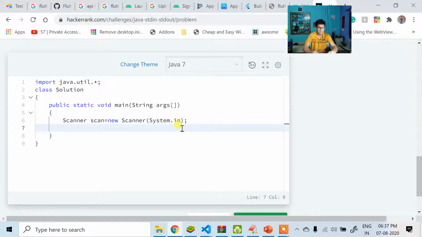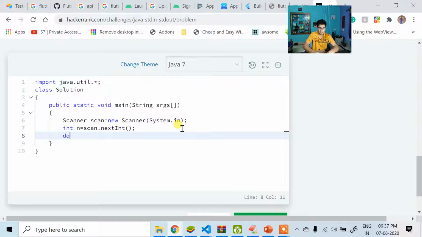So, scanner. First, how to take each input. Integer input: I'll write int n is equal to scan dot nextInt. Next I'll take double d is equal to scan dot nextDouble. Then what I'll be doing is